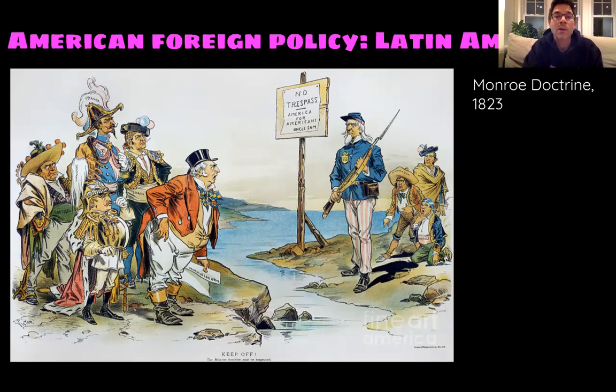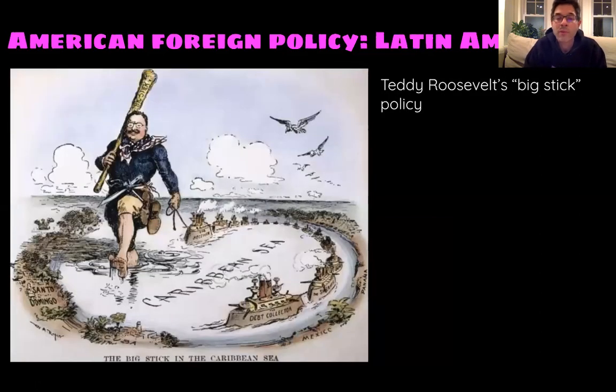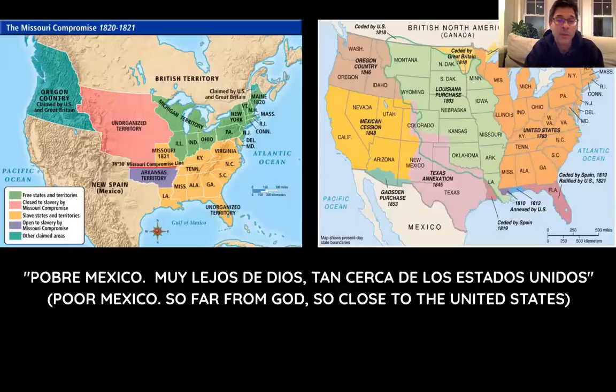and we have the right to do what we want here, and you don't. Another version of that here is Teddy Roosevelt leading a bunch of toy ships around the Caribbean with his big stick. He was referred to as having the big stick policy. That is, he'll use that stick if needed to impose American will in the region. So that's important. You'll read just a little bit about that in the readings this week.